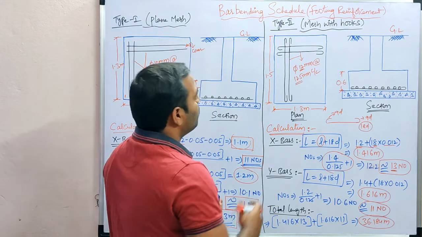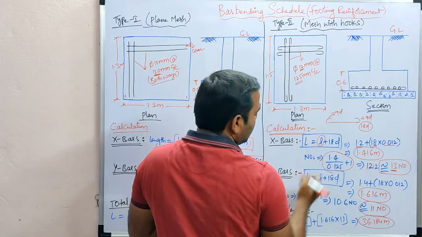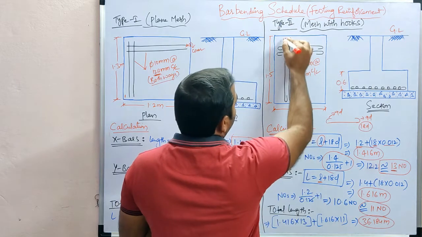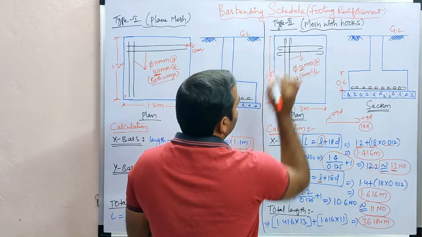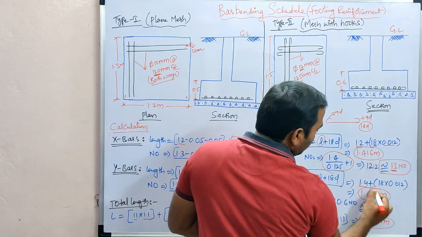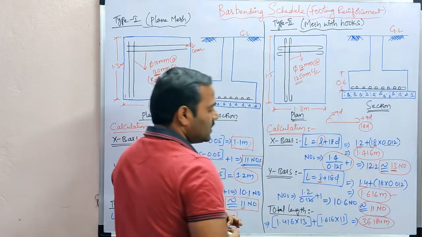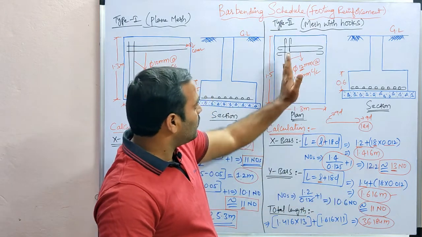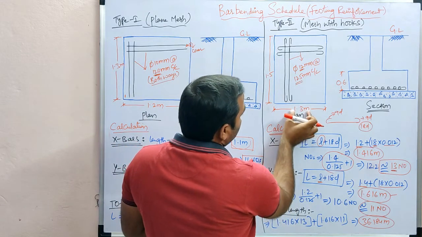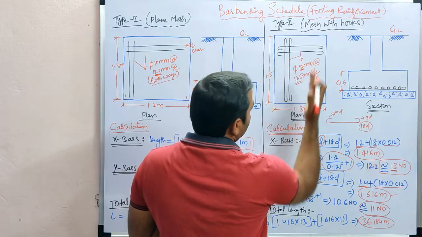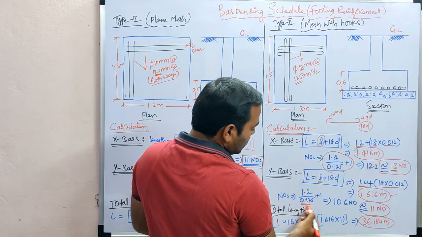Next one is y bars. y bars are nothing but vertical bars. How do we calculate the vertical bar? Same formula, L plus 18D. Here you can see L is the straight length after excluding covers. So L plus 18D, where 18D is this hook and this hook that I need to add. So after adding, 1.4 plus 18 into 0.012, I'll get 1.616 meters as the length of the y bar, that is the vertical bar. Coming to the numbers, I have to take the opposite direction because the bars will be placed like this. So 1.3 minus 0.1 is 1.2, divided by spacing plus 1.